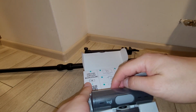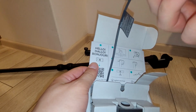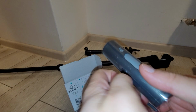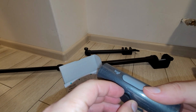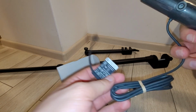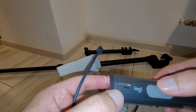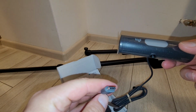So what do we have here? We have the camera itself. This, I believe, is the way to connect the camera to what I have, which is great. Okay, so we have this. I've left it there. It's not very useful to me. And this is the cable, which is not detachable, which is a big no-no, but this is it. So we have a camera over here and also a cover. I believe this is the light, and those are the 2 mics, and this is it. So we have a USB Type-C camera,